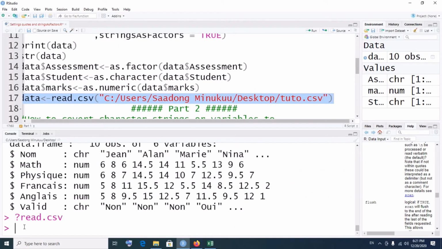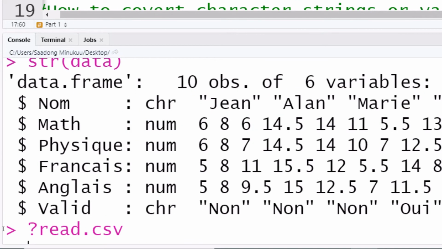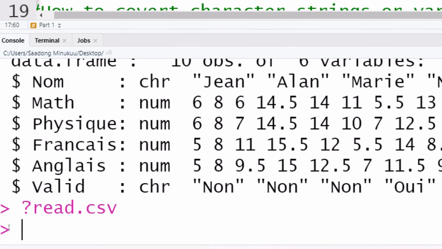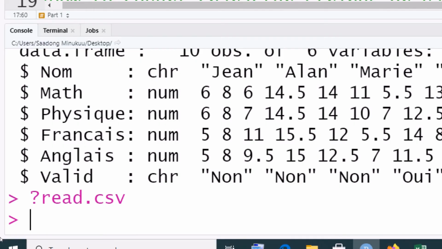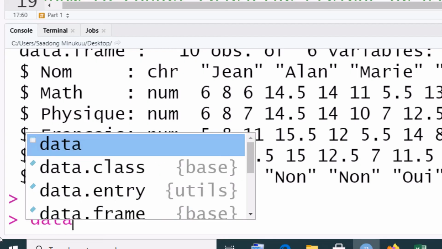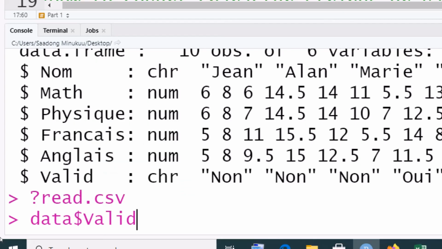So right now, if I want to know the structure of our data set, I've already done that, and it's telling us that names of students is a character. However, validation, valid, yes or no, is categorical. The student has two choices: either he has validated or he hasn't validated. But names is actually a character. So if we want to convert validation to a factor and not a character, all we have to do is write data$valid to be equal to